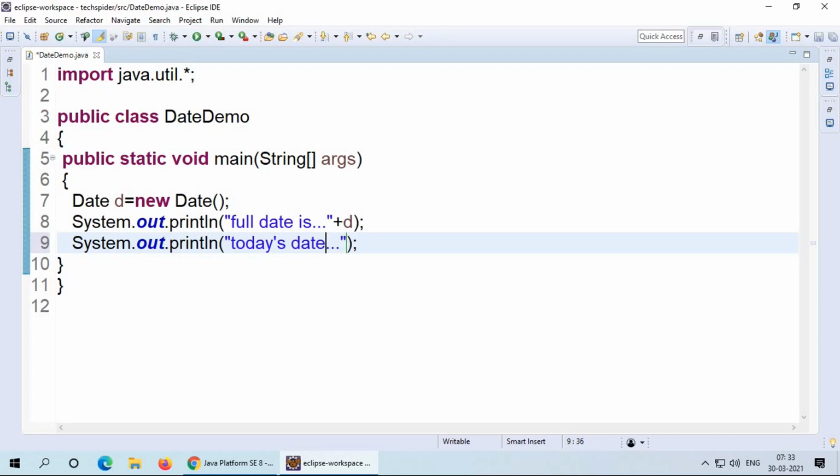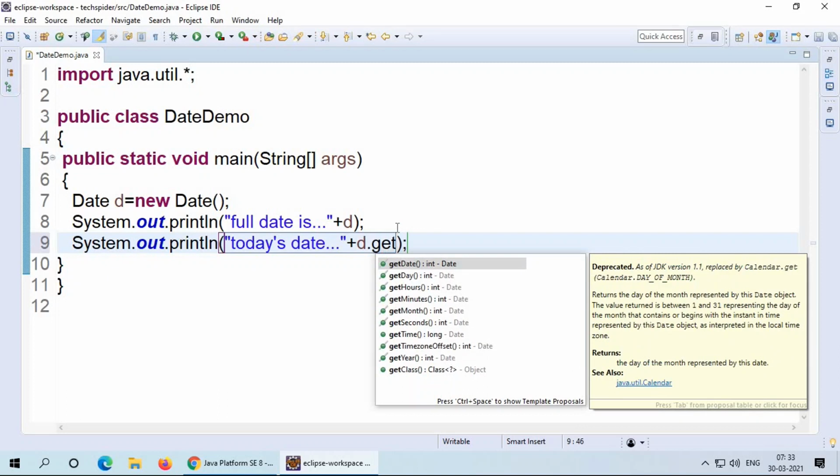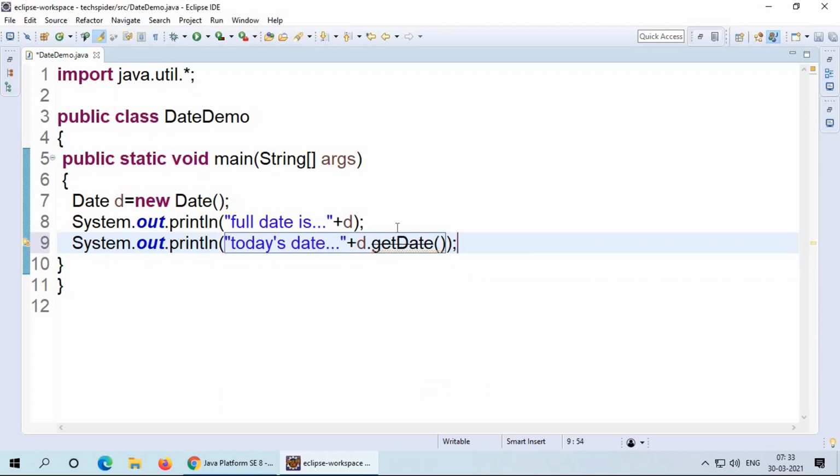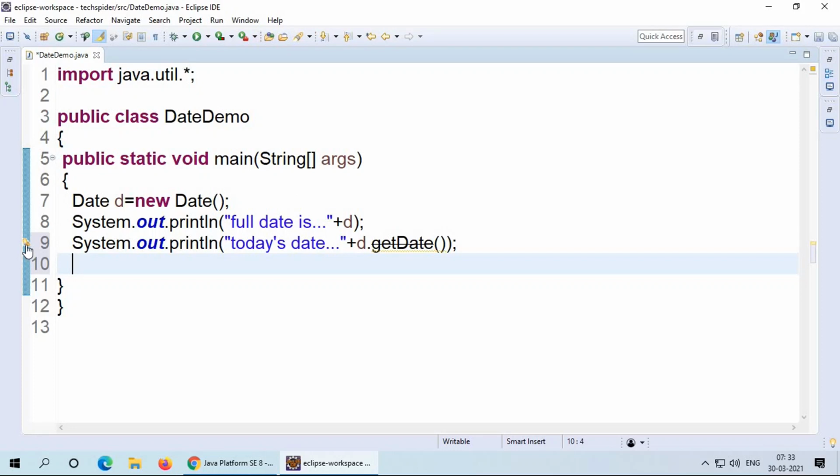That is "today's date is" plus d.getDate(). It will get the current date. Now you can verify that here it is underlined with yellow color. That means you can check this one, the method getDate from the type Date is deprecated.